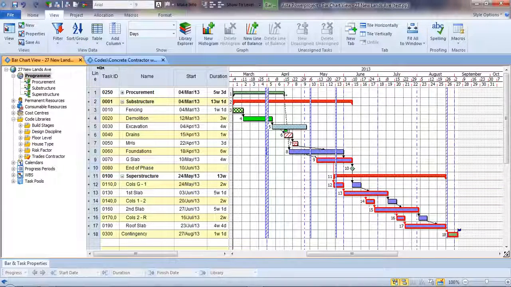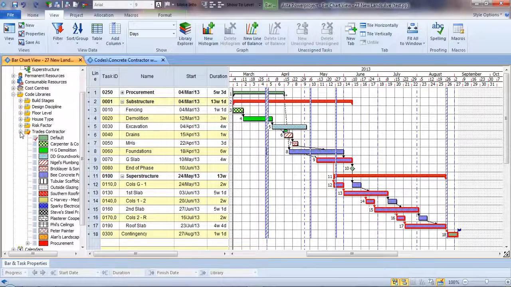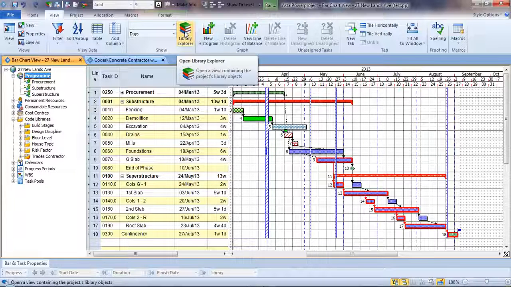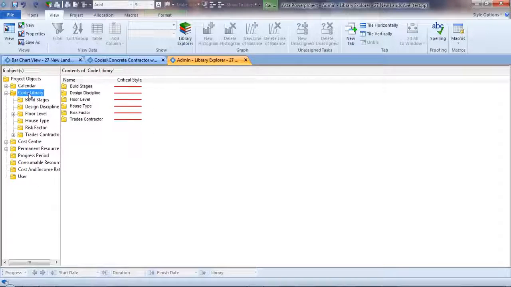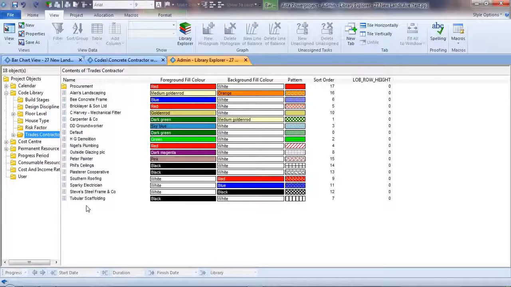Another specialist view is also the Library Explorer, how we create different items on the left hand side in the project view. And if you click on the Library Explorer, it opens another window which you already know how to use, because this is modelled on the Windows Explorer, how you manipulate files and folders on your hard disk. Except here are all my code libraries, and if I click on one of these, I can create a new entry. So maybe Asta